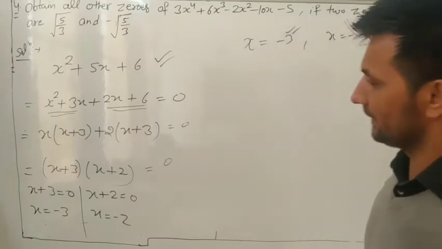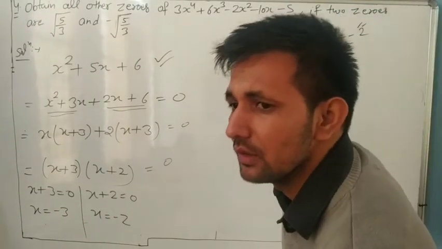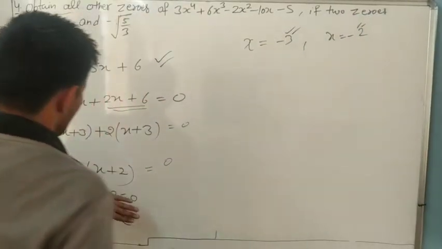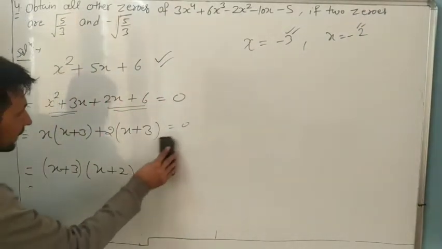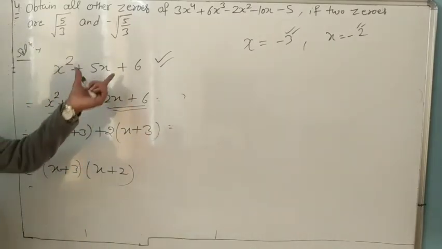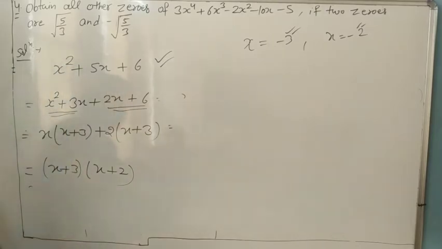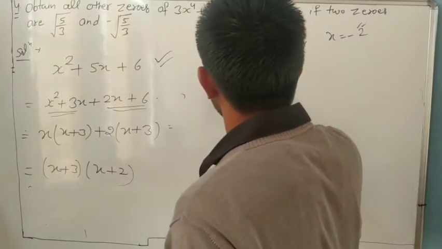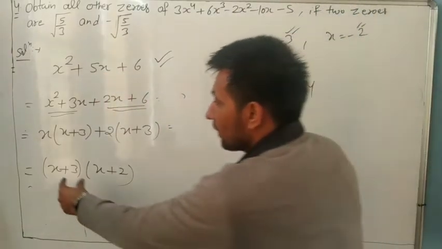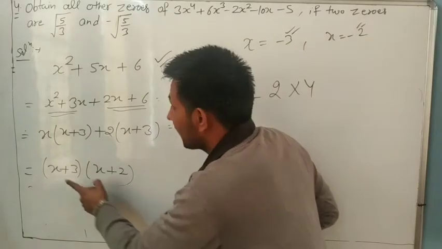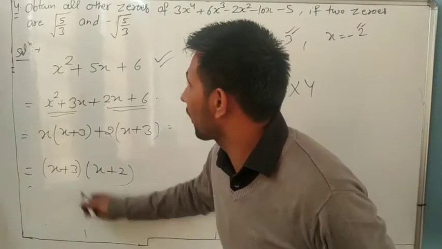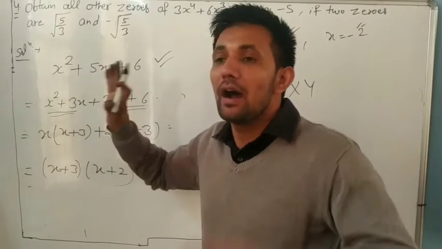Okay? And suppose, Anish, I did not write this one and I solve only till here. So x plus 3 into x plus 2, what is the meaning? These are the factors of this one, or no? Yes. If it is any number, 8, and I write this number as the multiplication 2 into 4, first number into second number, as in 8th class, it means x plus 3 and x plus 2 are factors of this one. Do you understand or not?